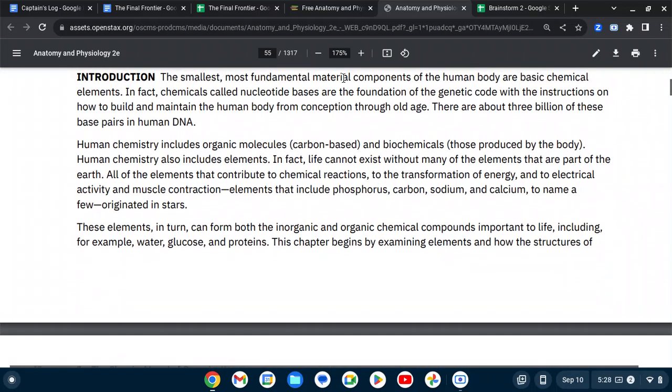Introduction. The smallest, most fundamental material components of the human body are basic chemical elements. In fact, chemicals called nucleotide bases are the foundation of the genetic code, with the construction or instructions on how to build and maintain the human body from conception through old age. There are about 3 billion of these base pairs in human DNA. Human chemistry includes organic molecules and biomolecules. Human chemistry also includes elements. In fact, life cannot exist without many of the elements that are part of the earth. All of the elements that contribute